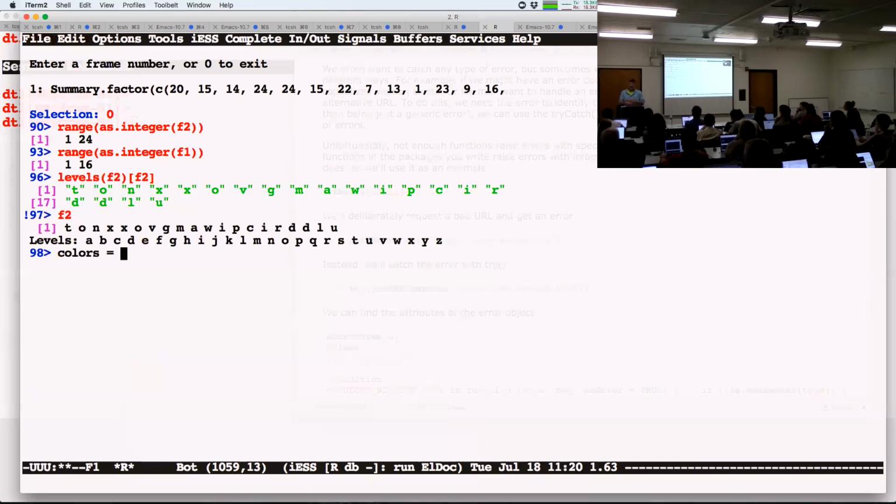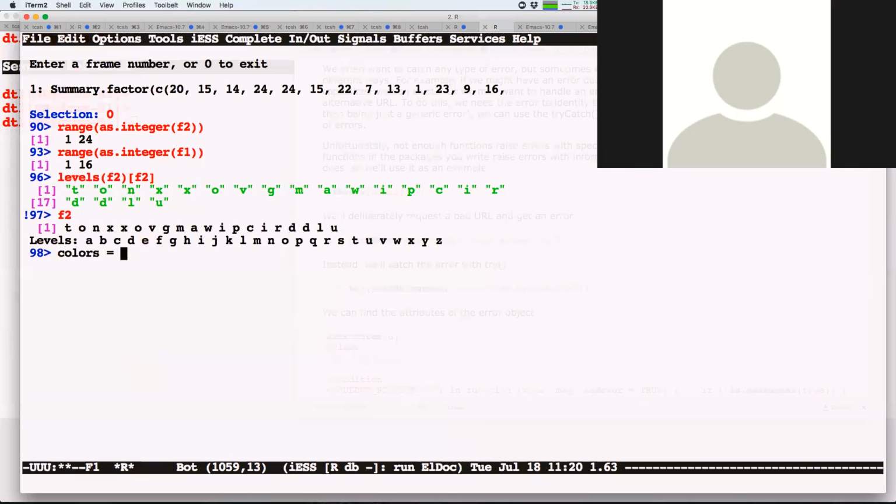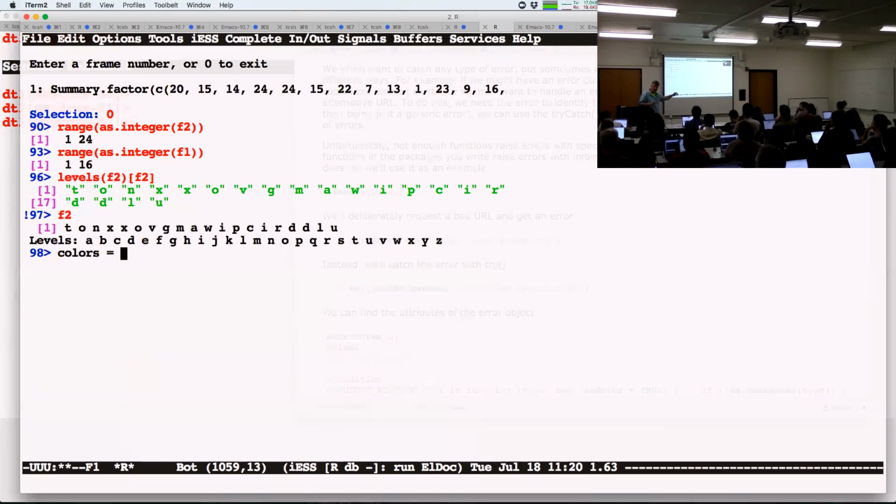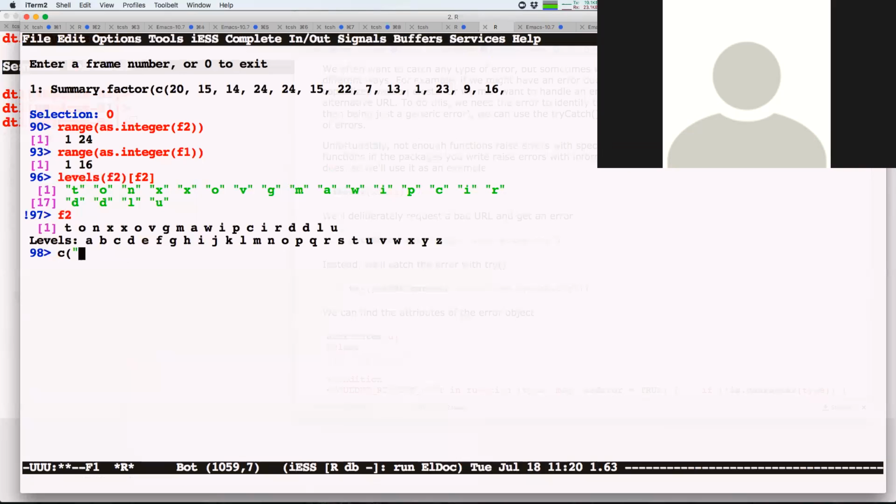In the notes I gave you, you'll see you could also put the names of the levels on the colors and then subset by name, but there's no need to do that. It's much more efficient once you learn this. Here are my colors: red, green, and blue.